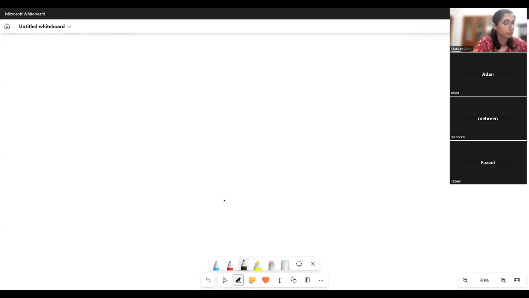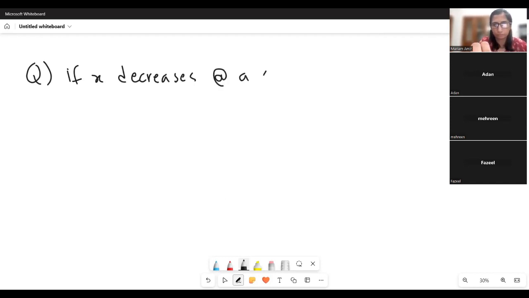So, question is, if x decreases at a constant rate of two radians per second,